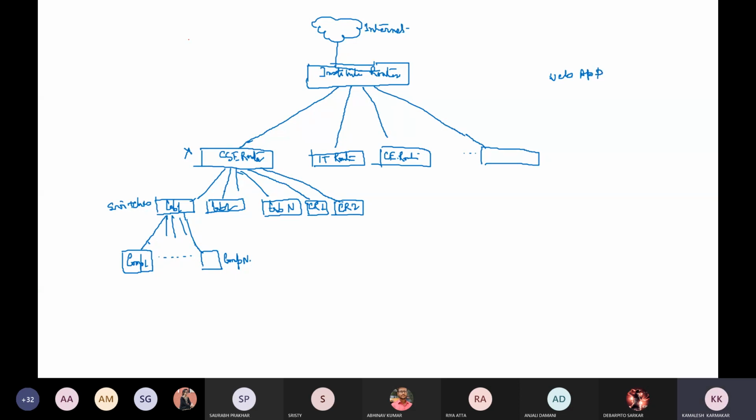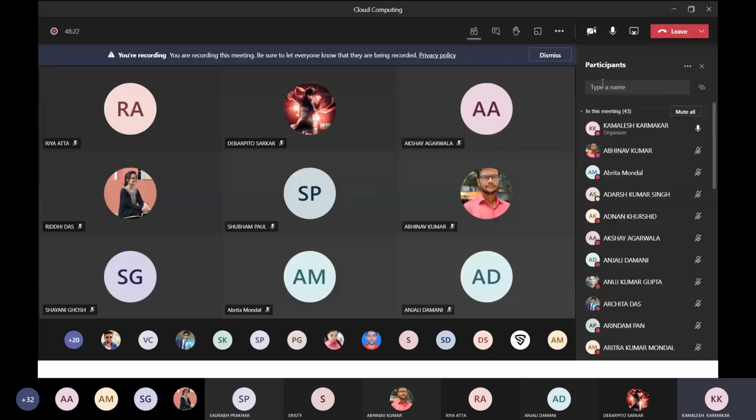Okay. Now, after developing this web application, where will you deploy it? Where are you going to run this application? I'm expecting an answer from you. So where will you deploy this application so that students can log into your system and they can register by mentioning their events, in which events they want to participate.